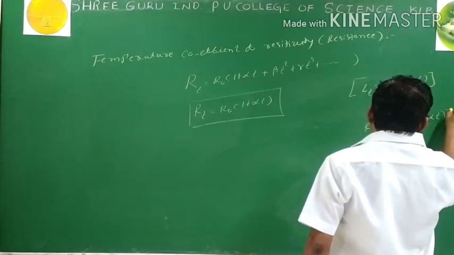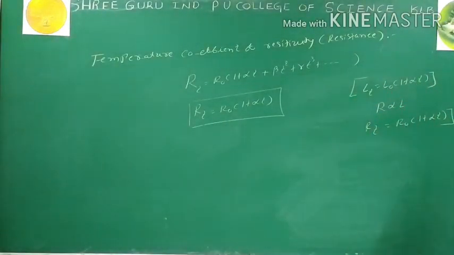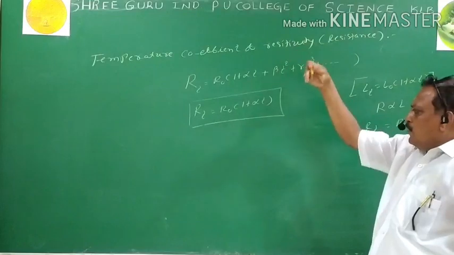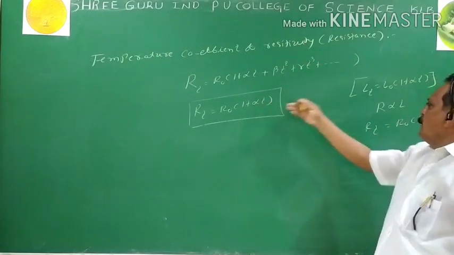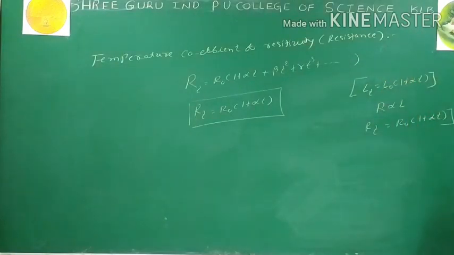Now this is on the basis of first year. We can easily remember the equations without going through all the factors. Both the equations are the same. This is the equation provided in the NCERT, where they reduce the equation to RT equals R naught into 1 plus alpha T. Now how to remember the equation? We take the help of the first year topic, that is linear expansion: LT equals L naught into bracket 1 plus alpha T, where we know that R is directly proportional to L. Then replace L by R, RT equals R naught into 1 plus alpha T, where alpha is nothing but the temperature coefficient of resistance.